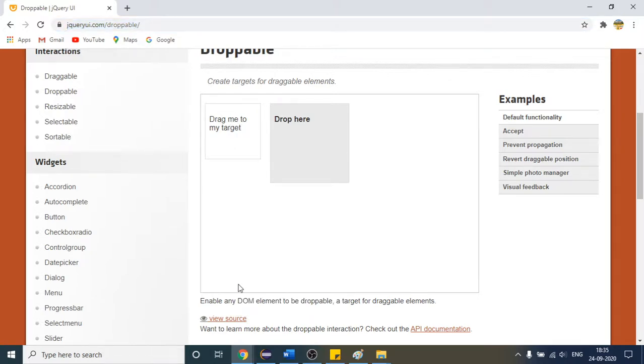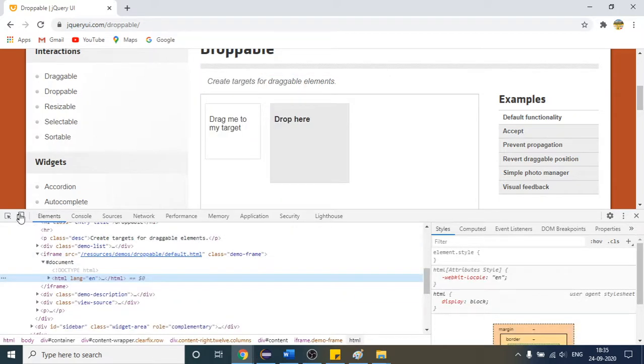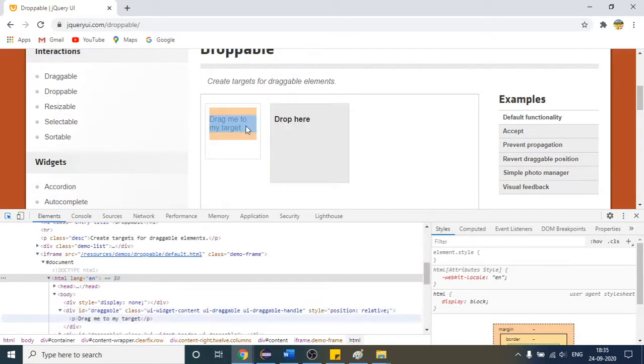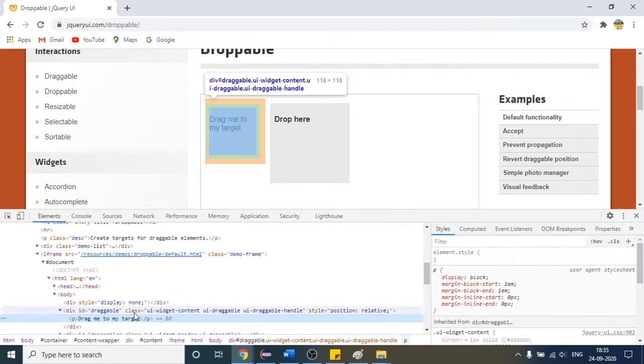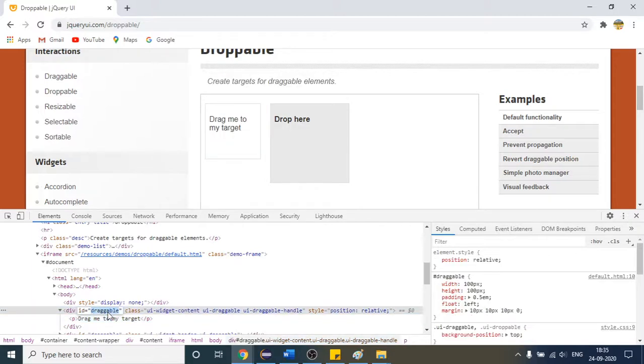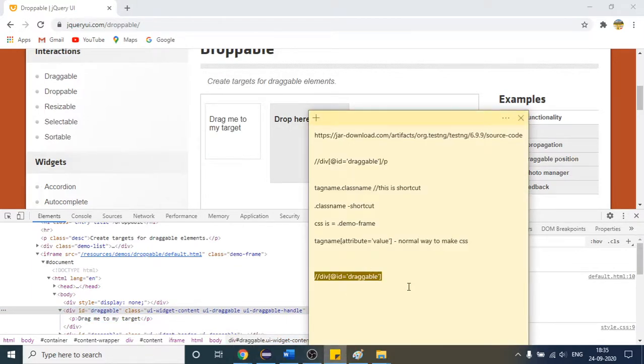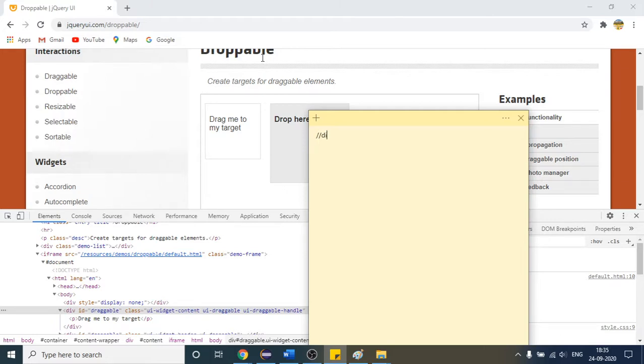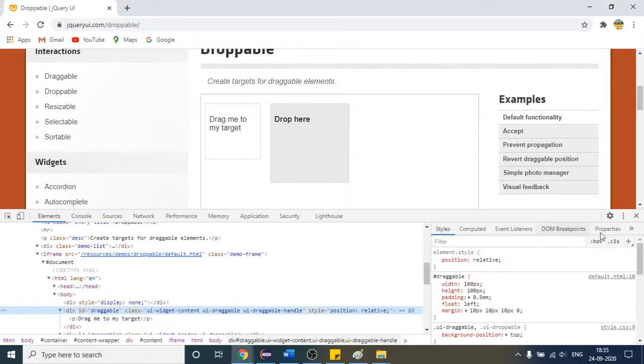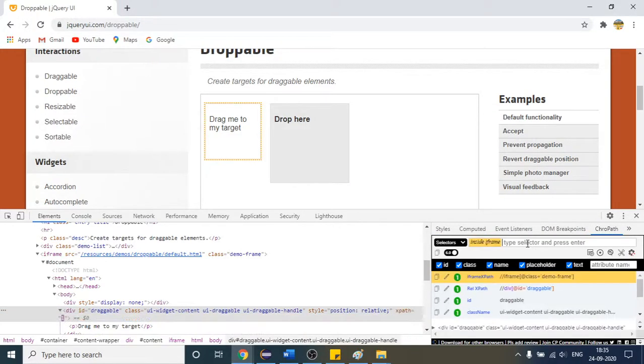How am I going to fetch the text? With the help of getText. You can say this is the box, so I will quickly write one XPath, an absolute XPath. I will write div at the rate id equals to. Okay, this is the XPath, but this XPath alone is not sufficient to fetch the text. Why? If I copy this, I will open ChroPath to check whether it is correct or not.